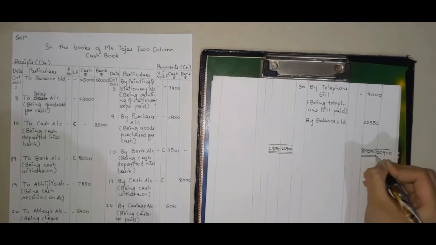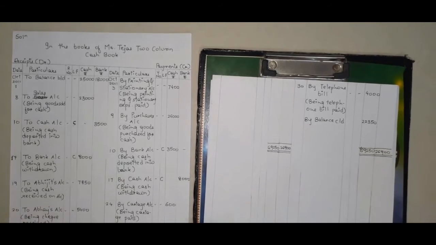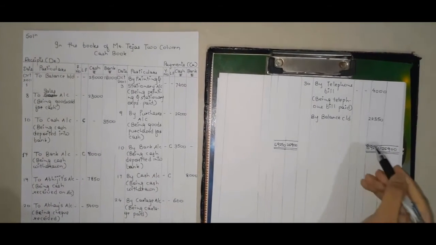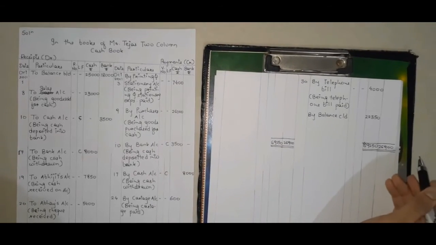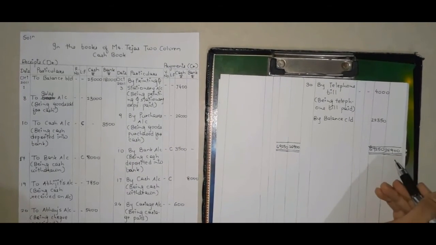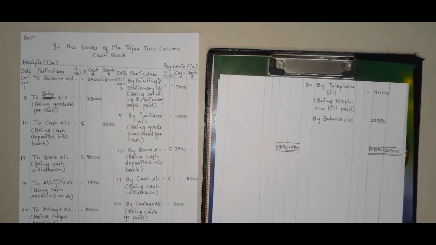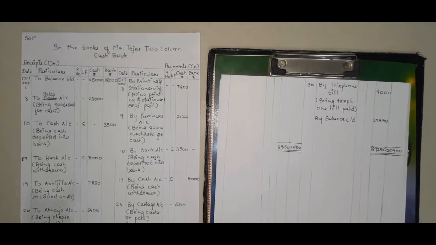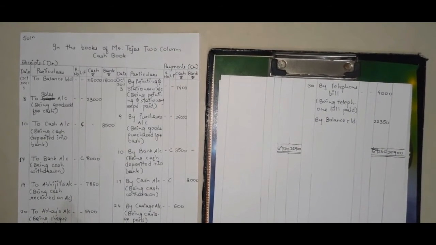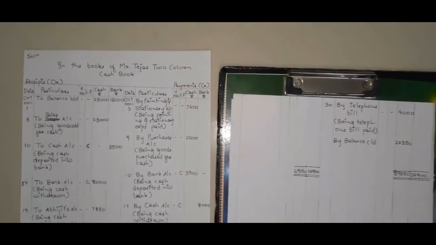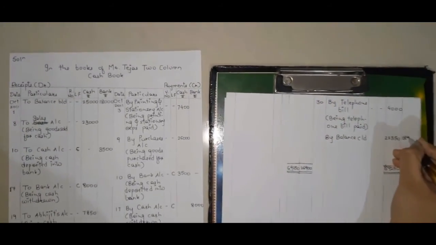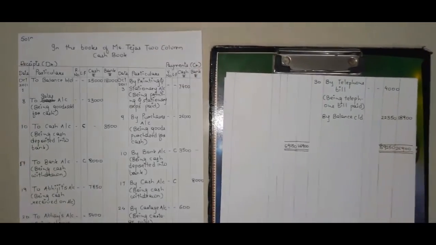26,900, since this is greater, and you have to underline this. You have to draw a single line above the amount, and under the amount you have to draw double lines. Okay, so this is the format of writing down the amount in a bracket. Okay, now you must have got the answer of bank column which is to be carried down. Yeah, the amount is 18,900. So this is the amount we have to carry it down.